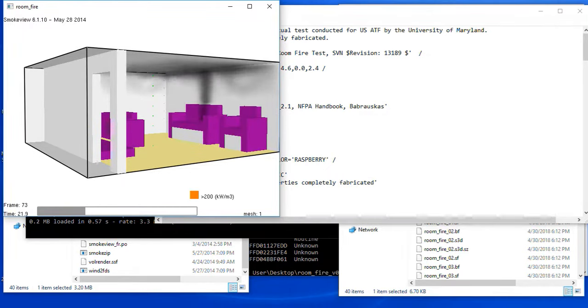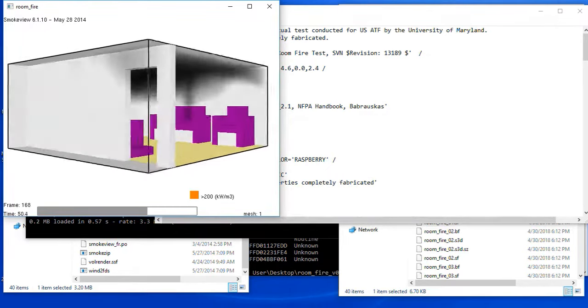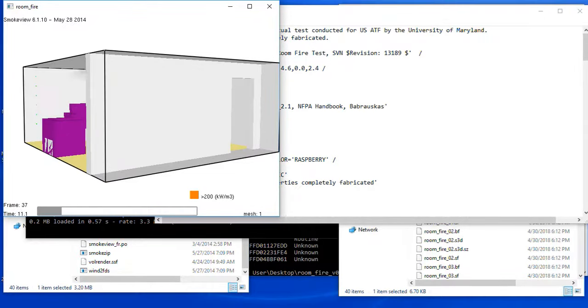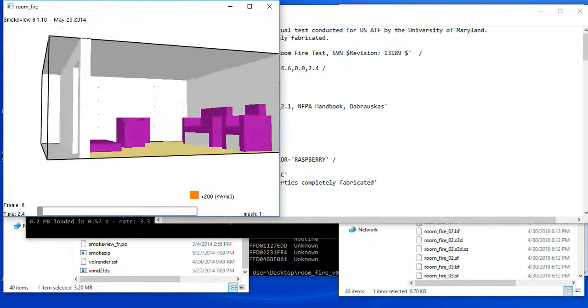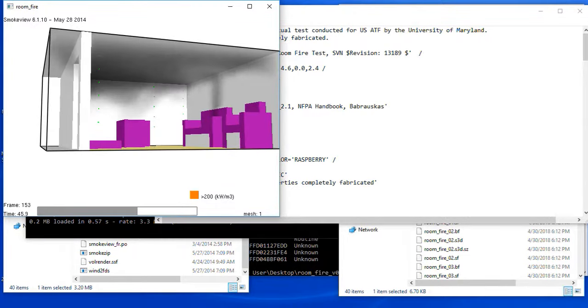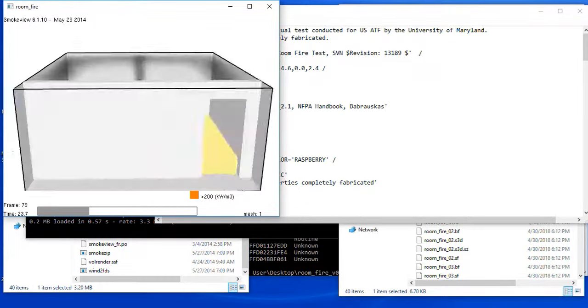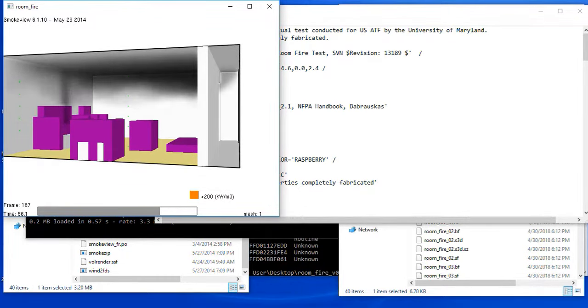So we can tell it to load the heat release rate per unit area, but since this fire is so small, it doesn't really show much. We can see the smoke coming out of the door, and then it's exiting. This roof is sealed, so it's going to exit out the front pane rather than straight up through the ceiling, unless that's been set to open. It does look like it's going out there, but I think I'd